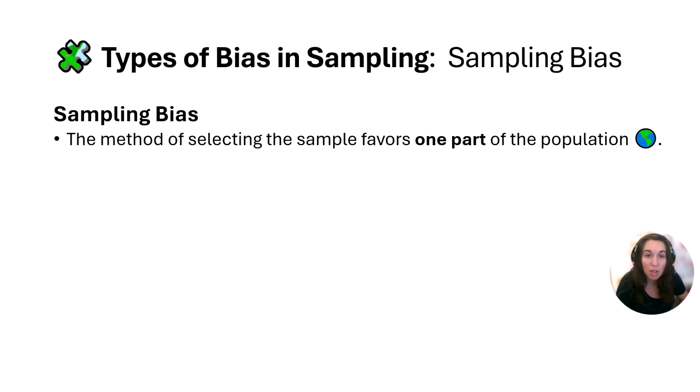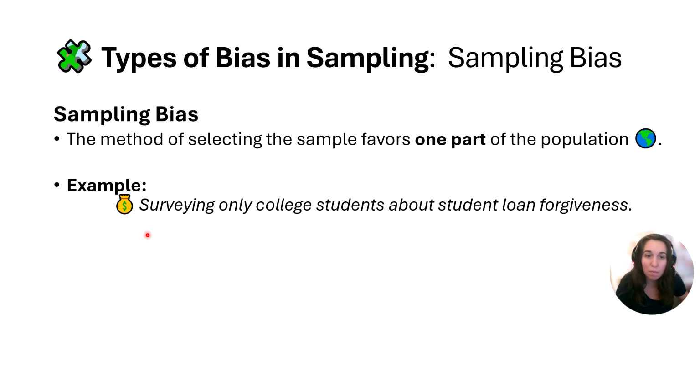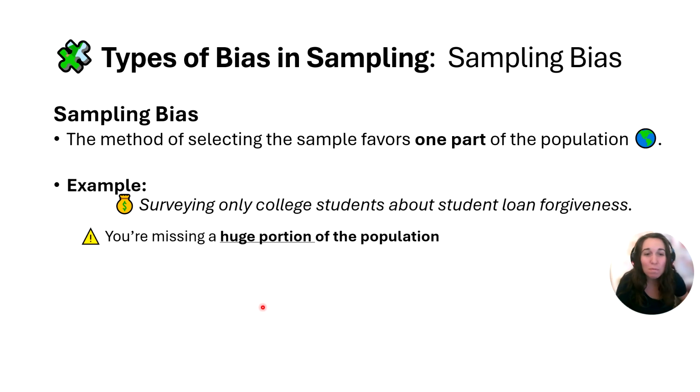Okay, so the first type of bias we're going to talk about is called sampling bias. And sampling bias is when the method of selecting the sample favors one part of the population. Okay, so as an example, if we are surveying only college students about student loan forgiveness, that's not good, right? We're missing a huge portion of the population there, and our sample is just not going to be representative of